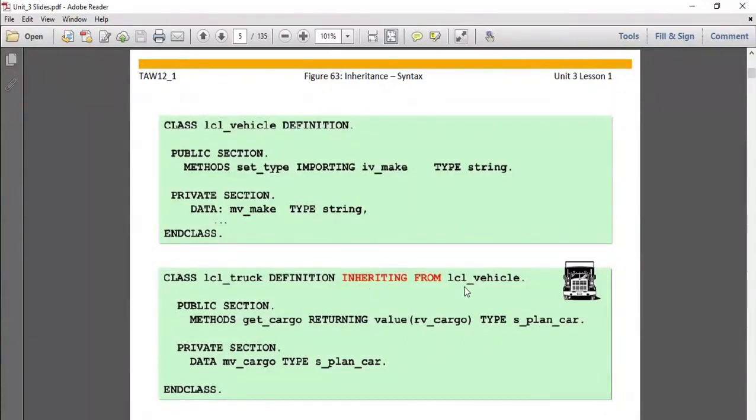It has its own methods: you can see that get_cargo is its own method of lcl_truck, not a base class method. Similarly, it has its own attribute mv_cargo. So this way you can show the inheritance in case of classes.